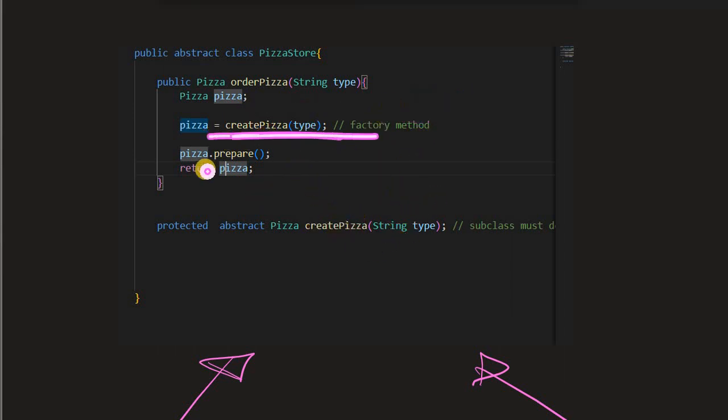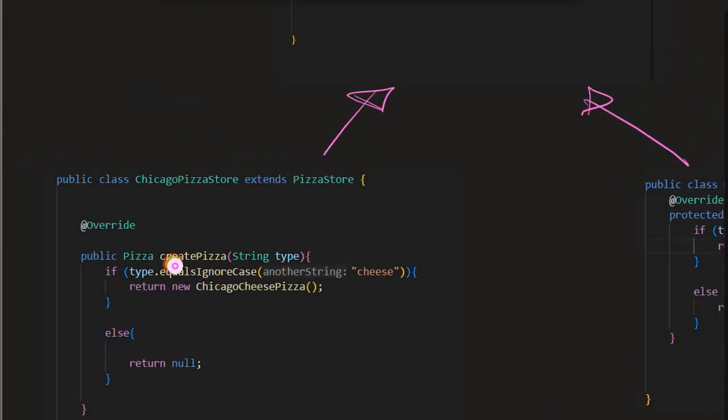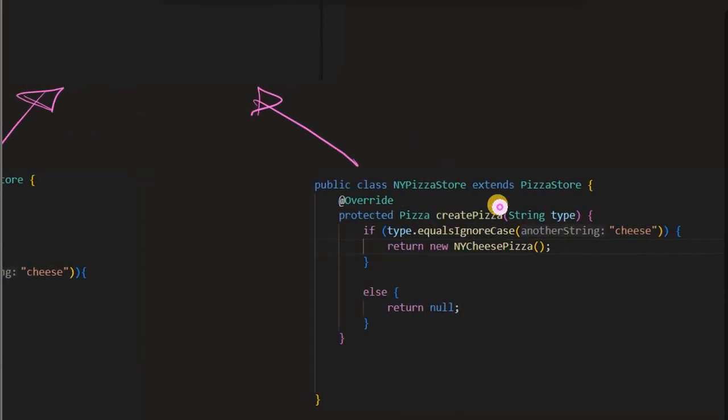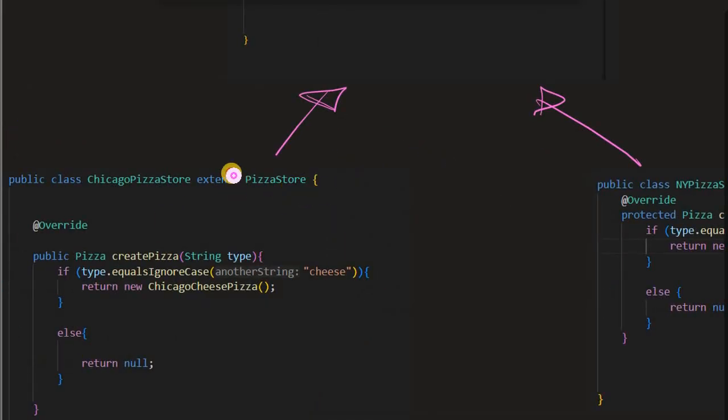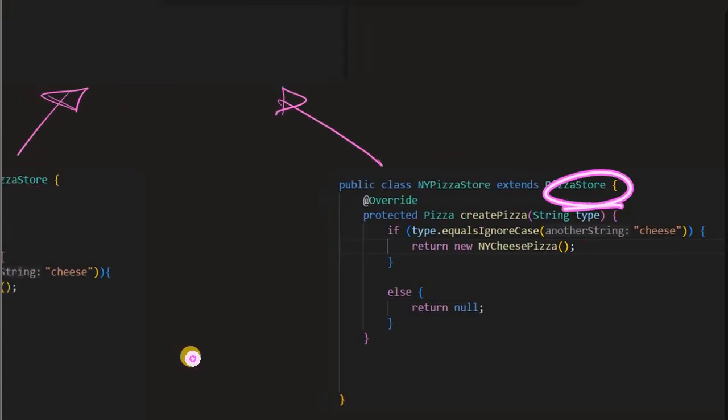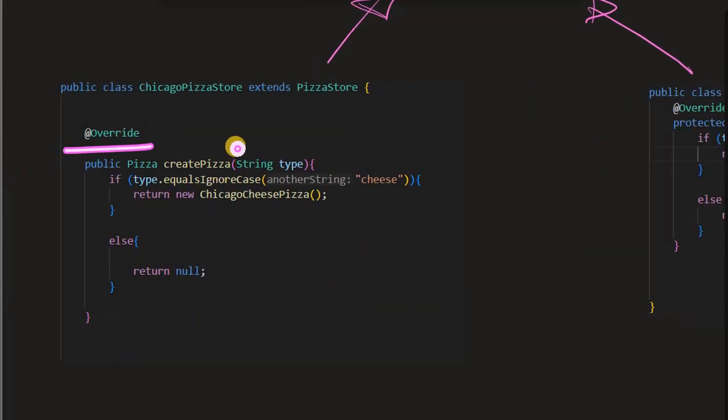Like there's no implementation for the create pizza method, it's working. It's done over here. So here we have this Chicago store and we have this New York pizza store. These two stores are basically extending the pizza store that we have, and here we are overriding this create pizza method. If the field that is passed in is, for example, cheese, so if you want a cheese pizza for the Chicago pizza store, then we're going to create the new class for